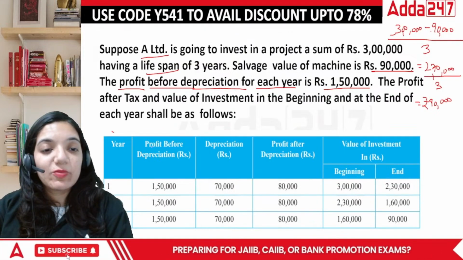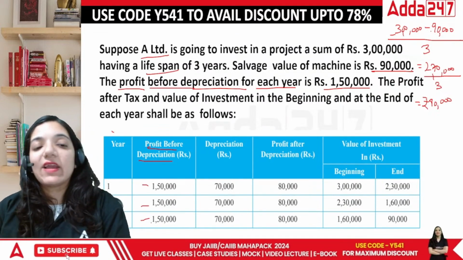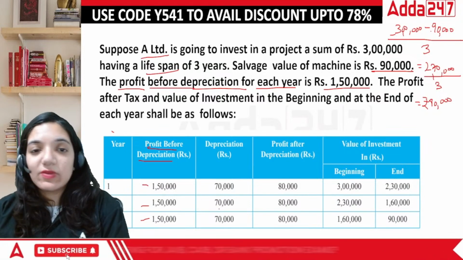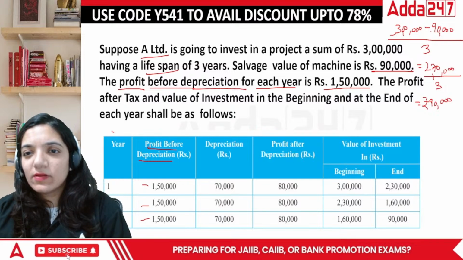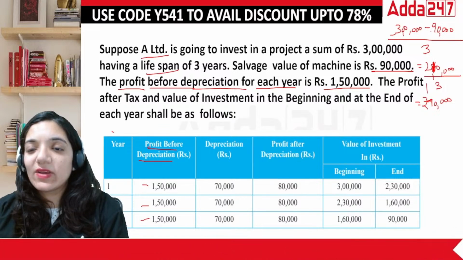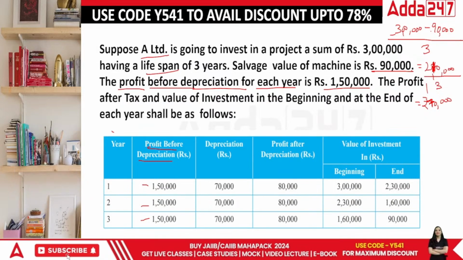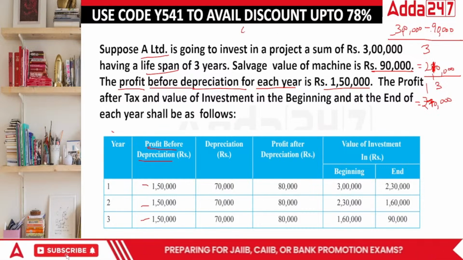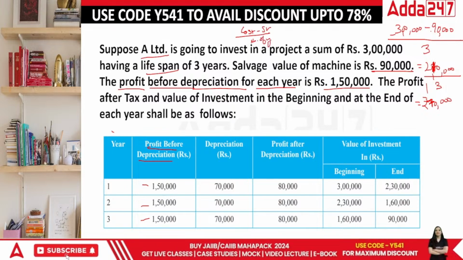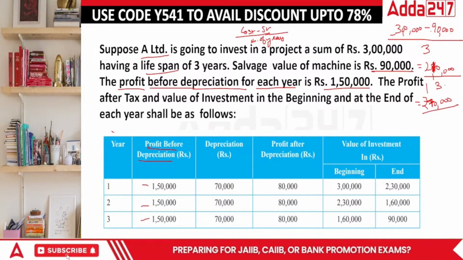So in this case, profit before depreciation is 1,50,000. Now in this case, oh sorry, this is 2,10,000. 3 sevens are 21 and you get 70,000 here. Hai na? Acha, look at this. I hope this is visible clearly now. You have got 3 lakh minus 90,000. The formula that I used was cost minus salvage value divided by number of years. 2,10,000 divided by 3 giving us 70,000.